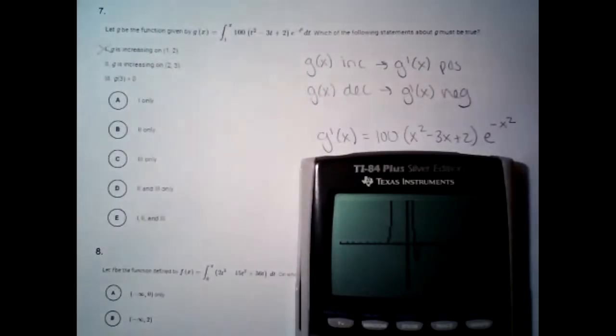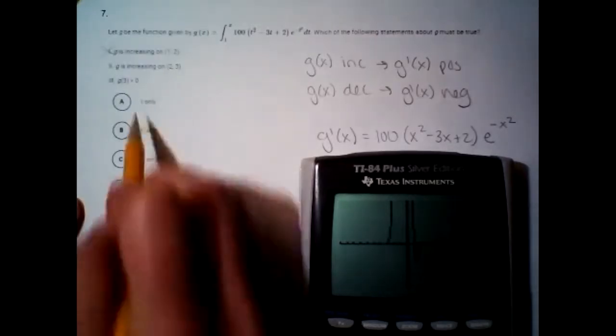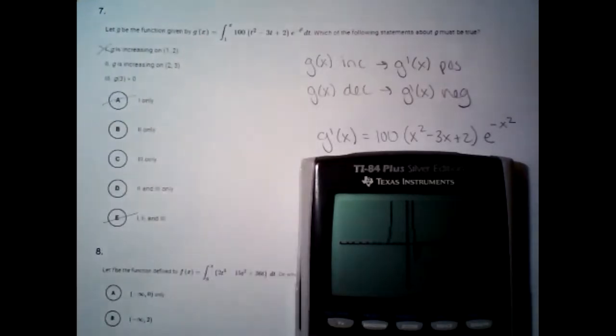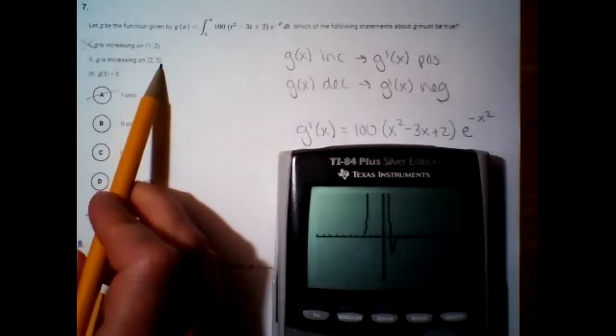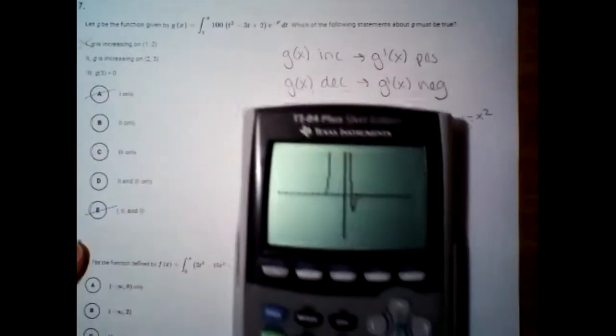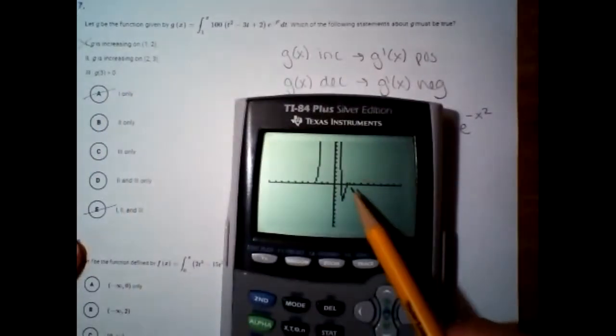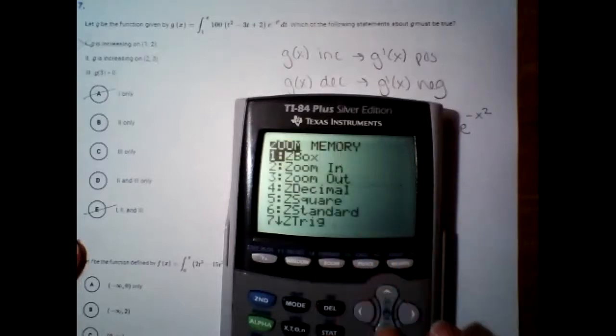And even just from that, you can start narrowing down your choices. Like anything that has a Roman numeral 1 in it, you can get rid of. So if you can even get through one Roman numeral, you can narrow down your choices. All right, increasing from 2 to 3. That means we want this graph to be above sea level from 2 to 3. That's really, really small. Let me zoom in